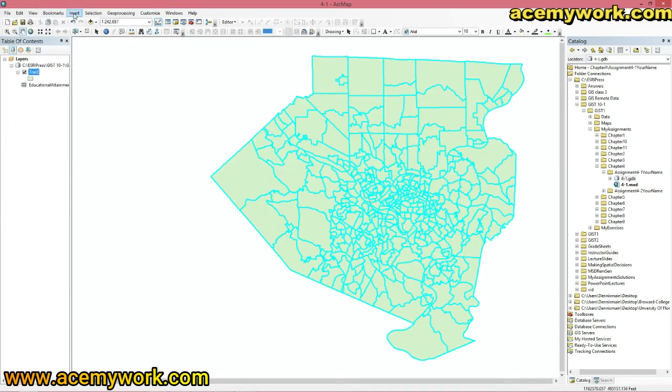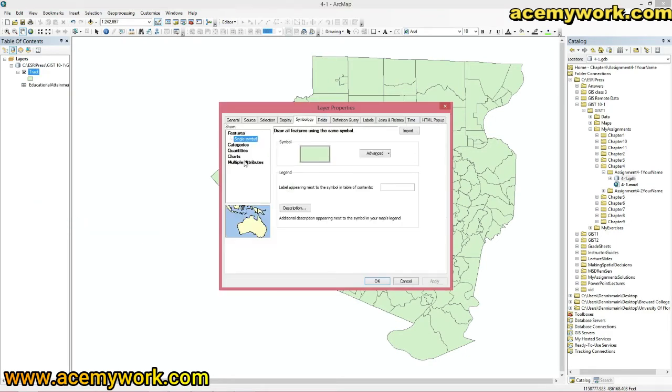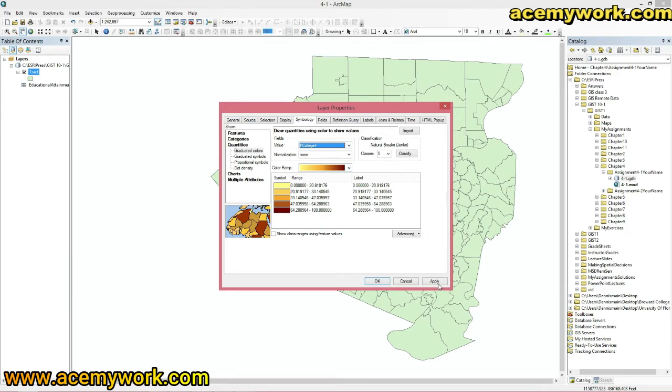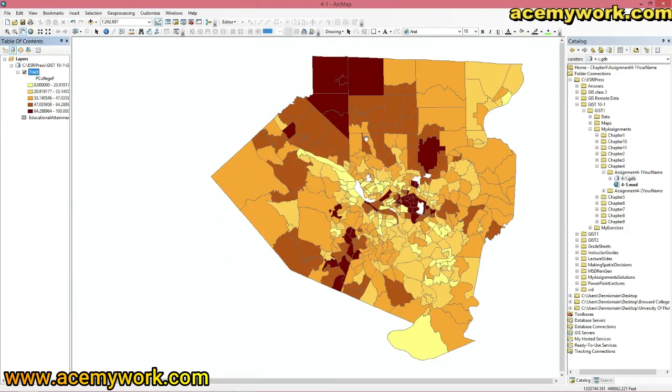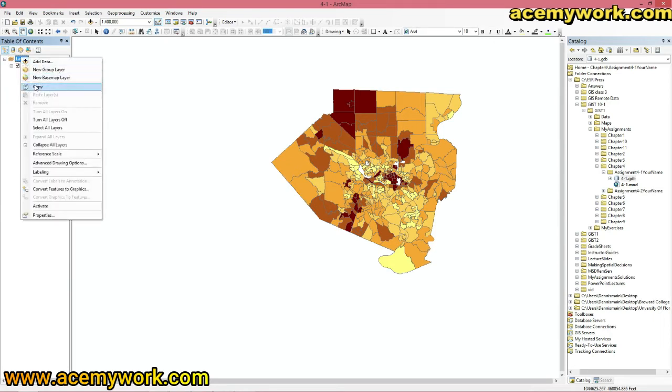Alright, I'm going to clear the selection, and we're going to go to the track here, and we're going to symbology, quantiles. We'll pick female for this one in our newly created field. Okay. So this is the field we just created here, with the darker numbers being the higher percentage. And now it wants us to copy